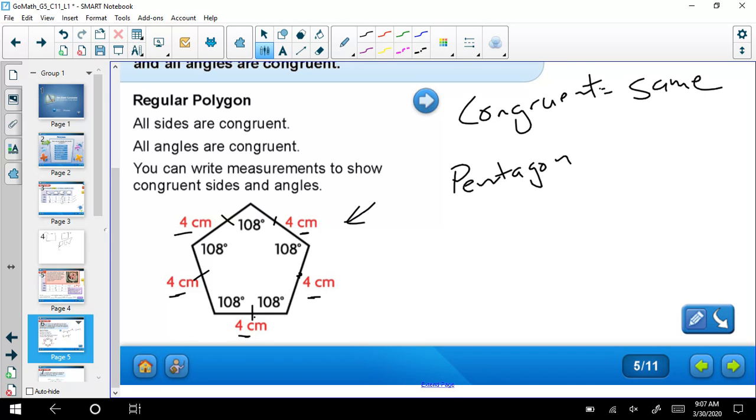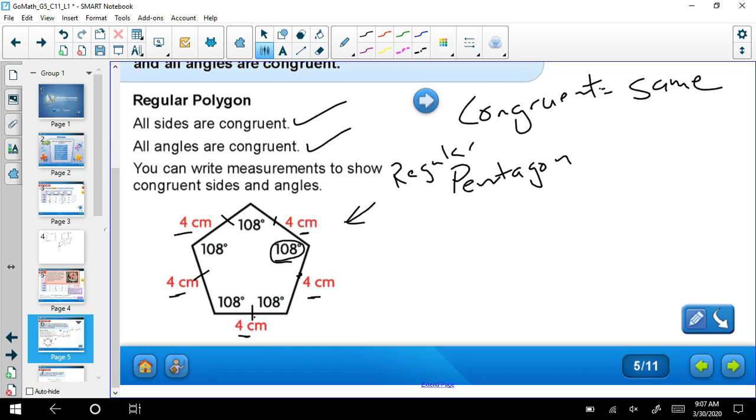They're all 4 centimeters. So that's good. Now, the second part of this is that we're going to look at our interior angle measurements, and we see that they are all 108 degrees. So if we have congruent sides and congruent angles, then that means that we have a regular pentagon. So this is, in fact, a regular